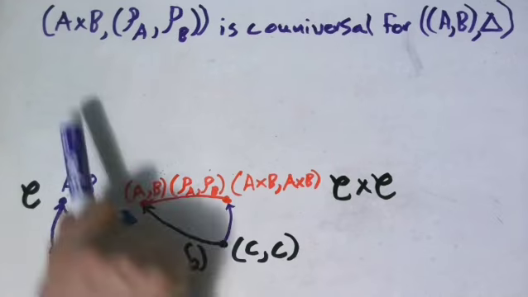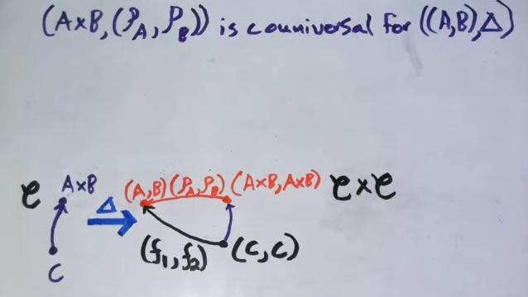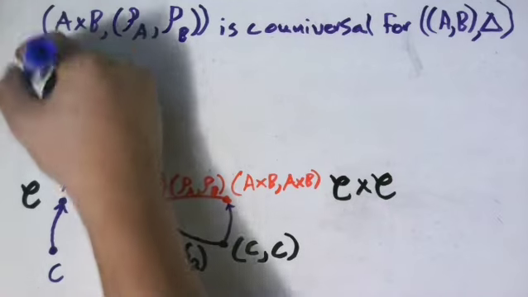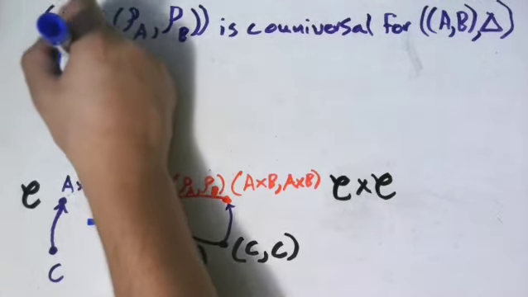So this is effectively the statement we're trying to prove. And so what do we need to do in order to prove that? Well, what is the definition of co-universality? We can get it from here again. We basically need to say that for any C in C over here,